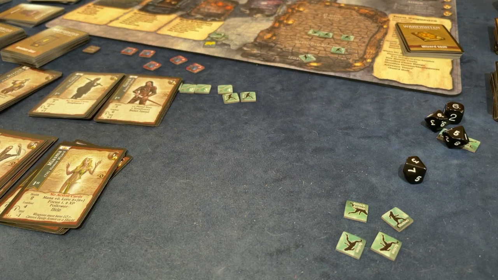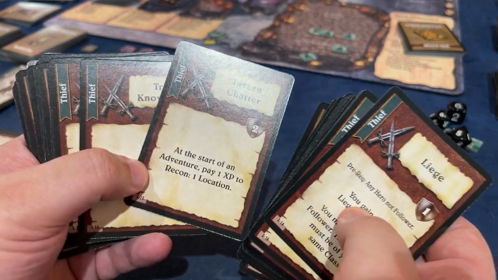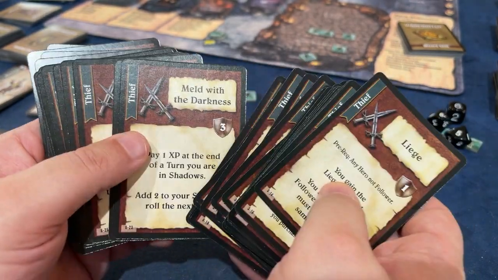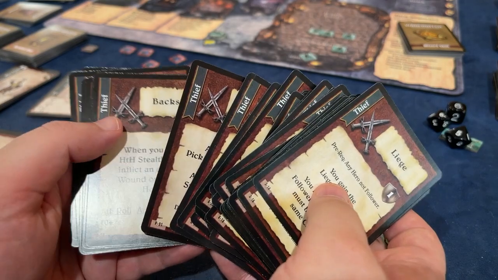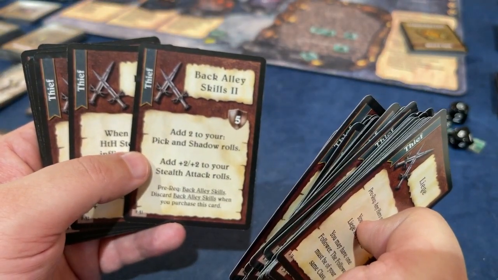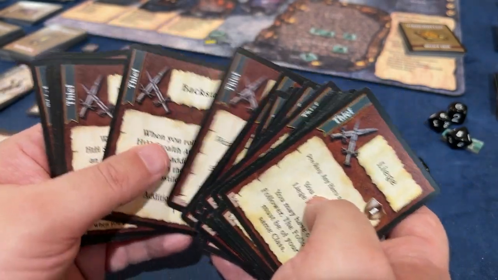Now, one thing I forgot to tell you, the Thieves deck is very large. There's a lot of skills for the thief, a lot for you to go through. The thief skills, there are quite a few of them to choose from. And depending on what you're doing, they could be helpful. I don't mean to insist that they're not. Like this one lets you add to your pick and shadow rolls. That's a really helpful skill. And you don't get the skill with your thief in the box. So if you want to make thief your primary character, you can actually,